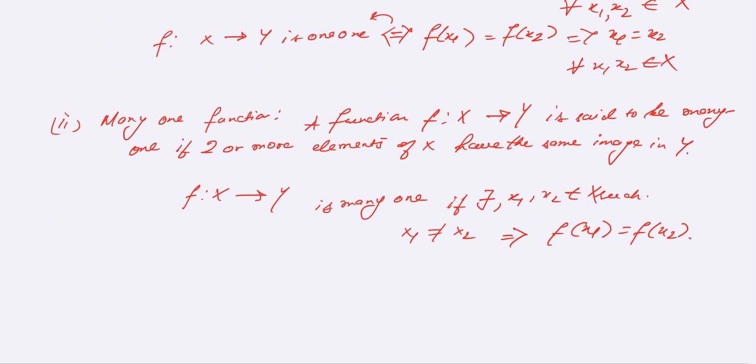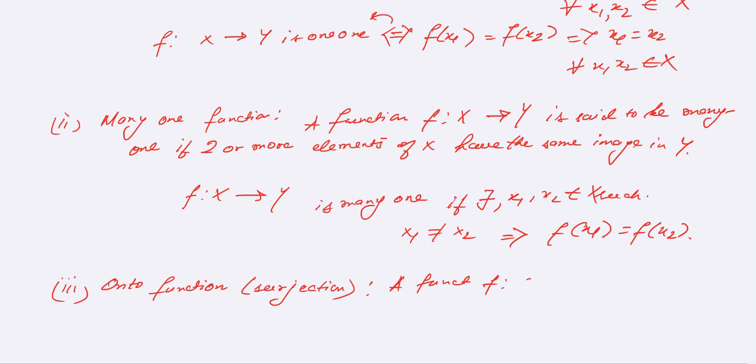Okay, so we'll move ahead now to an onto function, or a surjection. Onto function, or this is also called a surjection. Okay. So what does this say? A function f: X to Y is an onto function, or a surjection,